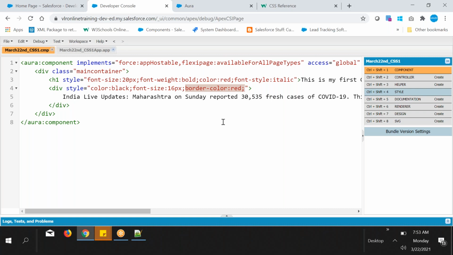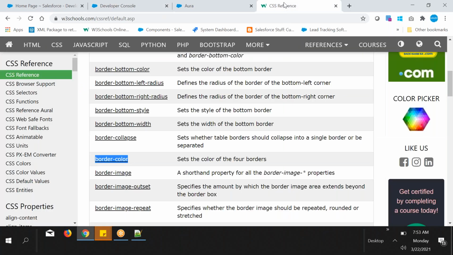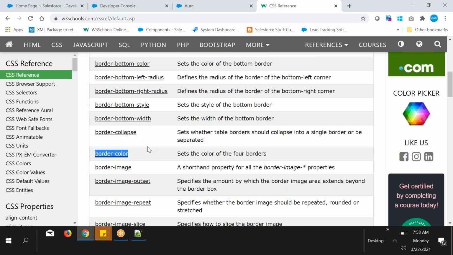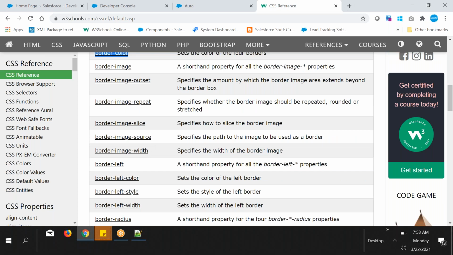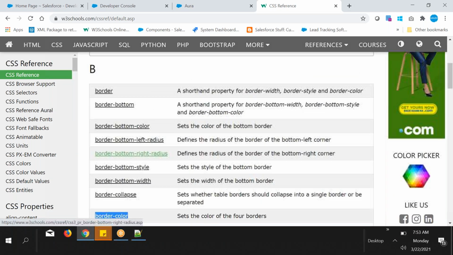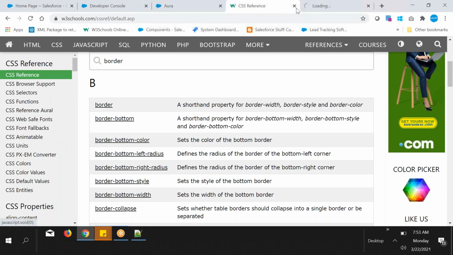And now I want to display the border. As of now, just the color is added, but the border is not there. So let's go here. Border-top, border-bottom, instead of that, let's go here. You can click on border and see the example.